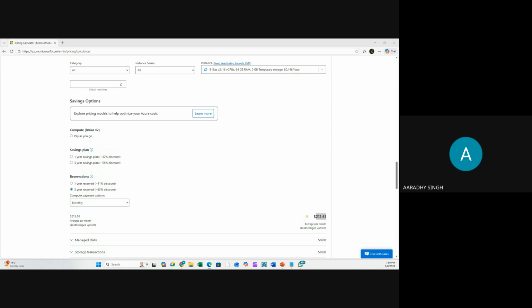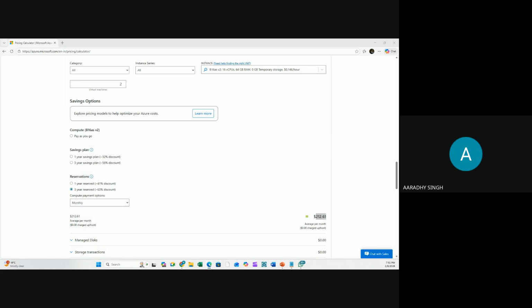So there are 2 advantages. One is your billing will be optimized. The second advantage is that if you do the same thing multiple times, you are practicing multiple times, and it will help you gain confidence. And if you say, hey, I don't want to do the same activity, then do one thing: learn automation. Using automation, within 2 minutes you can do it. Just create a script and execute it. You don't need to do it manually.